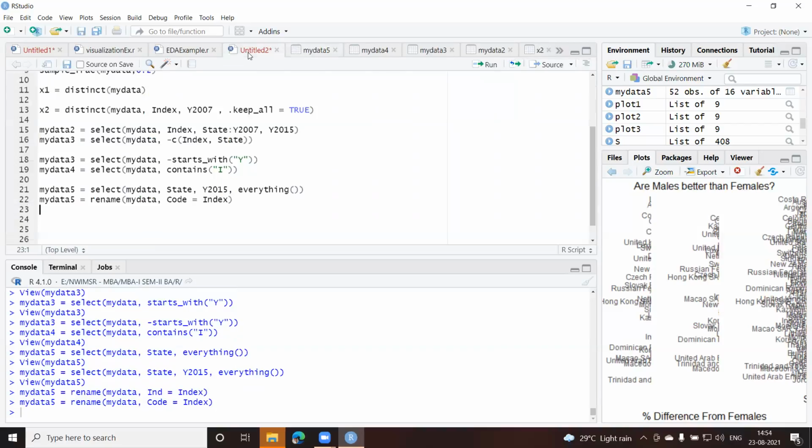So rename is another function that is very helpful, especially if you are not happy with the name of the columns. You have seen in the previous examples also, we had many data frames which had some weird column names, and it was not very meaningful. So if you want to give some meaningful names, you can do that as well. You can use multiple names as well. You can just give a comma and give the other columns as well, and you can continue as many as possible. It's up to you.